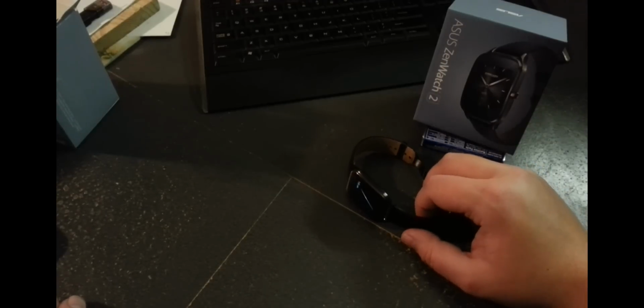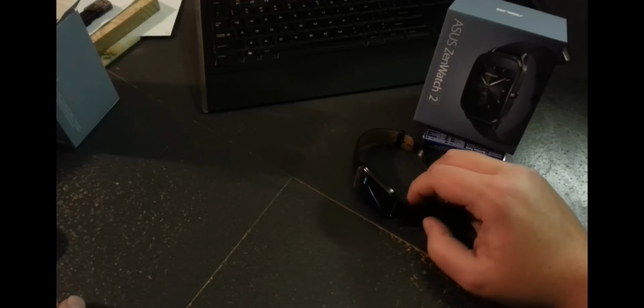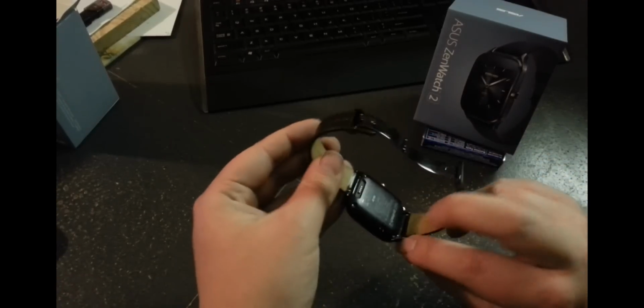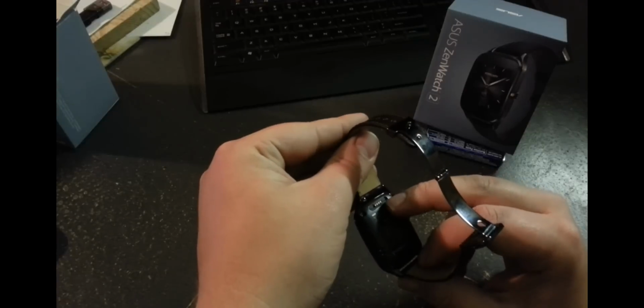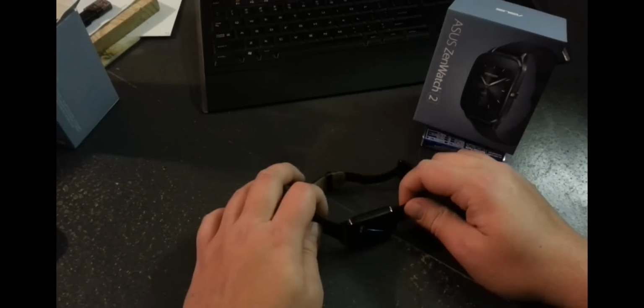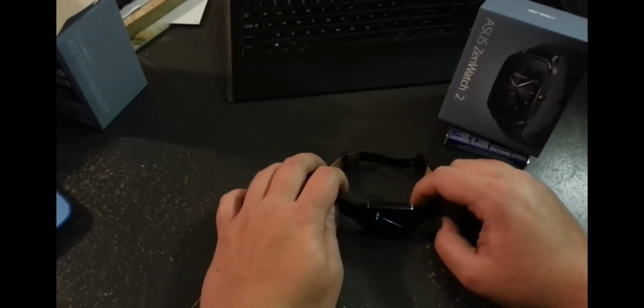The charger is manageable, to say the least. It's magnetic, which is nice. It connects to this little connection here, the magnet, kind of like the Surface Pro and that series does, MacBooks, things like that. But it is a weak connection,